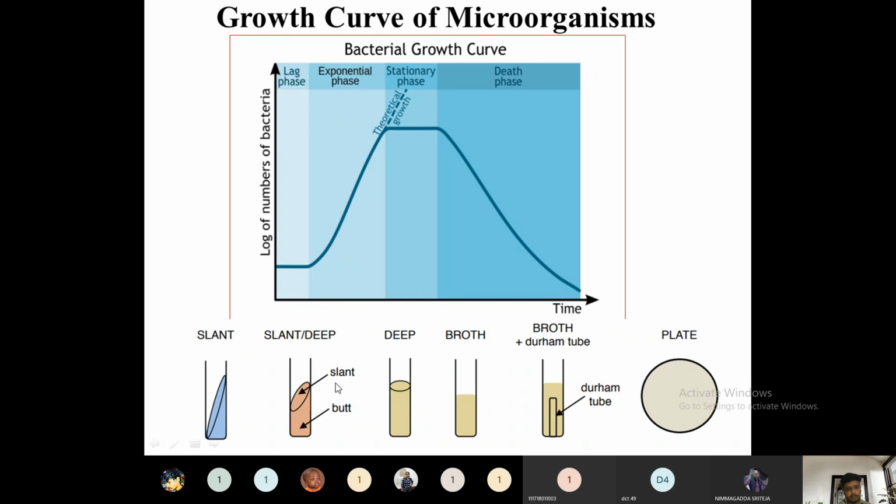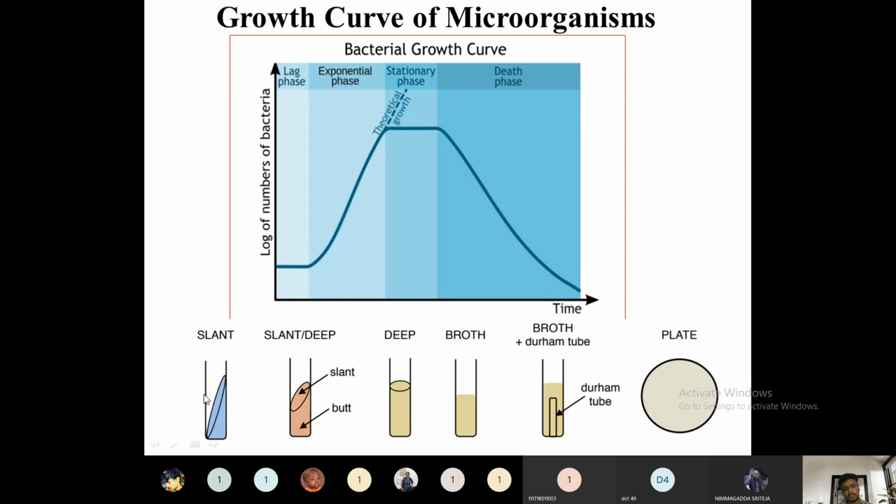In the inoculation, the culturing techniques will be like this one, the slant angle. When we give a culture or medium, whatever we call it, nothing but nutrition for the microorganisms, whenever we slant the liquid surface or the solid surface like this, the surface area will be increased. Increasing the surface area on which the microorganisms will grow has a very big advantage in culturing that microorganism. So these are the various types of culturing techniques.